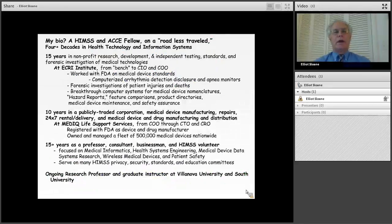My bio is a background. I am a HIMSS and ACCE fellow, and I have been traveling on what I describe as a road less traveled, because I've been working in the intersection of health technologies and clinical information systems for many, many decades. I spent 15 years with ECRI Institute, working not only with the testing and evaluation and forensics of medical devices, but also developing all of the information technologies that ECRI Institute uses even today to support ongoing research and patient safety. I then spent 10 years with a for-profit company that was involved with medical device rental, repair, refurbishing, manufacturing,